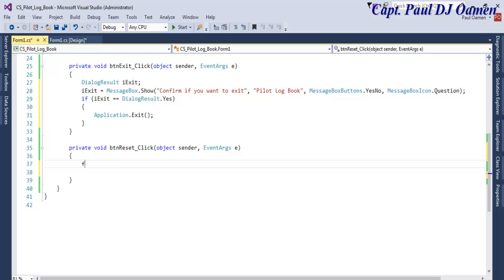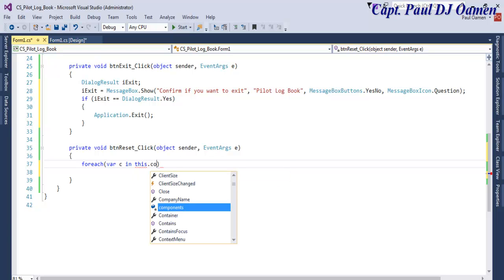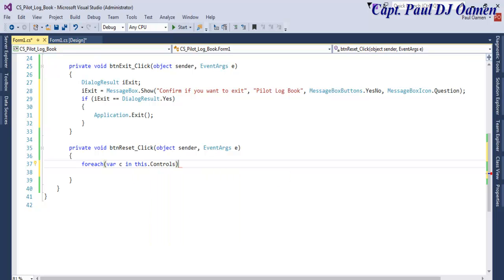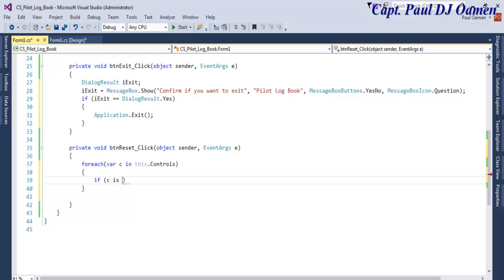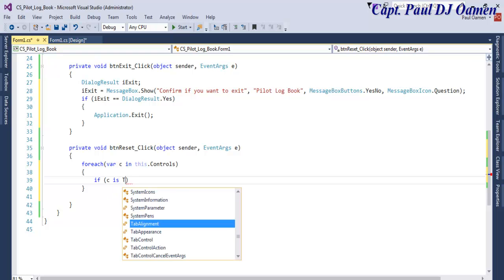We're going to use foreach. Okay, var c in this.Controls. Right, so we enter our curly braces there. So we then use an if statement. If c, which stands for my controls, is TextBox,